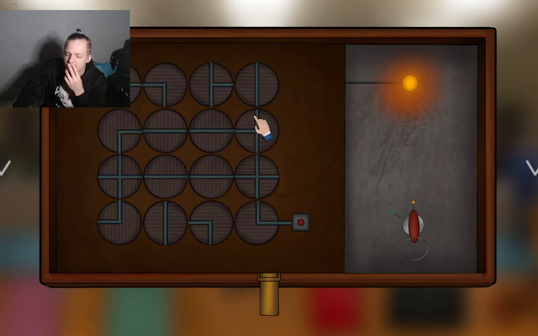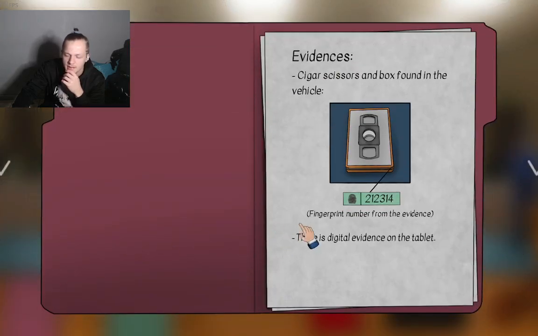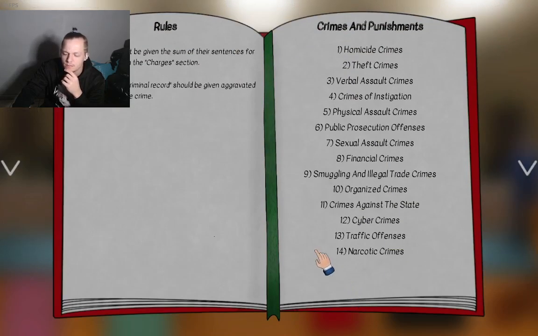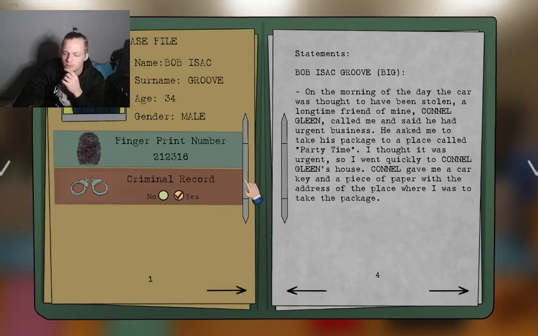Yeah, we could have just been done that. There we go. Yeah, don't destroy it. Cigar scissors. 212314. 316. It wasn't him.